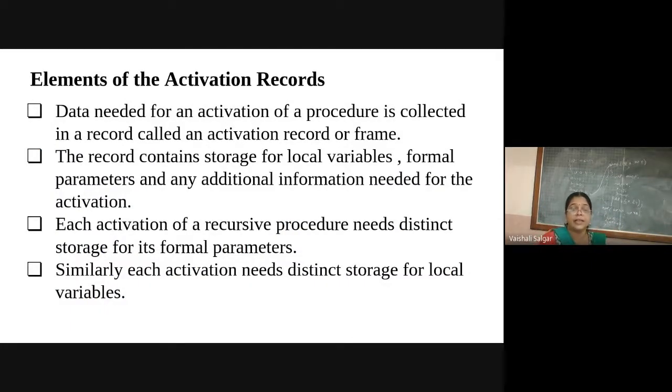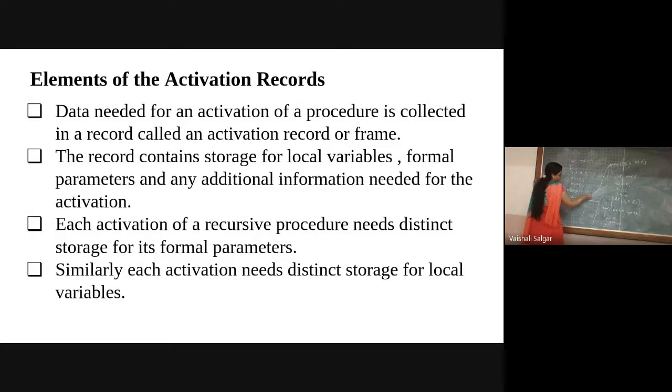The data needed for an activation of a procedure is collected in a record. So as I mentioned, after execution, I will explain over here, you can just map these things. See, when the activation record is saved, when this particular procedure is called, obviously in the storage it is going to store the return address.